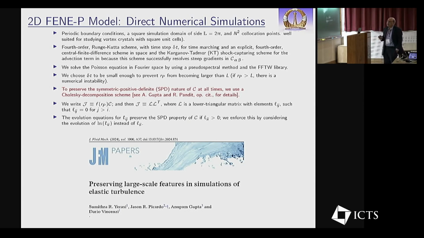And we then adapted a code that was written in 3 dimensions by Prasad and Dhruva Mitra, who were my students at that time, Anupam and I, and then we did it in 2 dimensions. And if you want the state of the art in this, I strongly recommend this paper. I don't know whether Jason is in the audience, and Dario also. They have examined several schemes for doing such calculations, and I'm happy to report that they find that the scheme we used is perhaps the best.